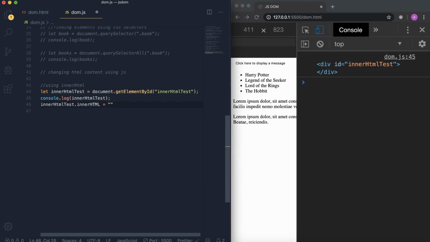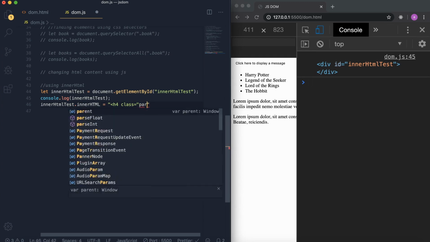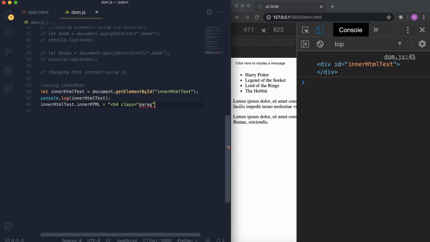So I can set it to something like an h4, and don't forget you put it in quotations, more like a string. So I want to set it to an h4 with a class of, say, paragraph,